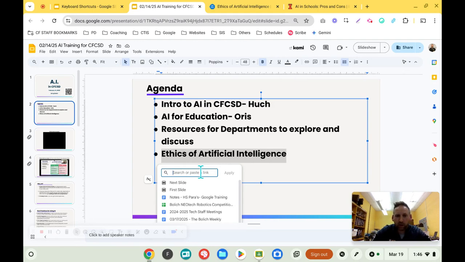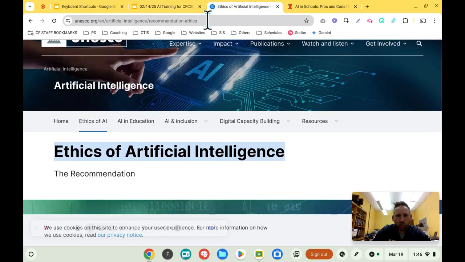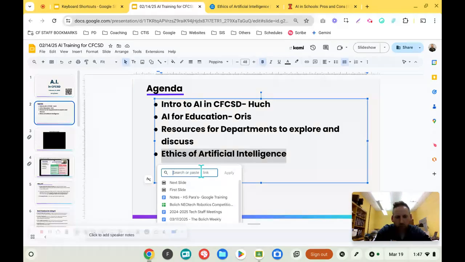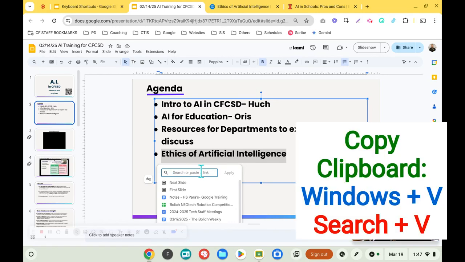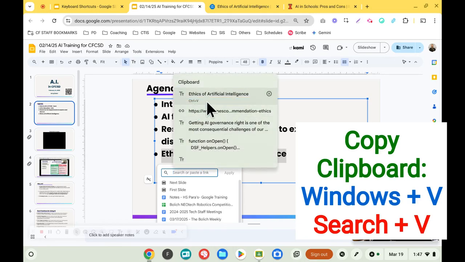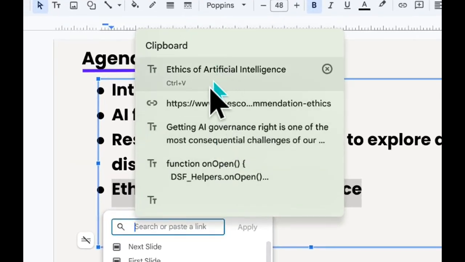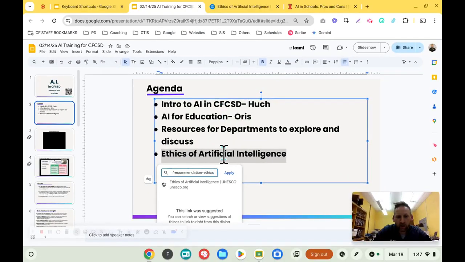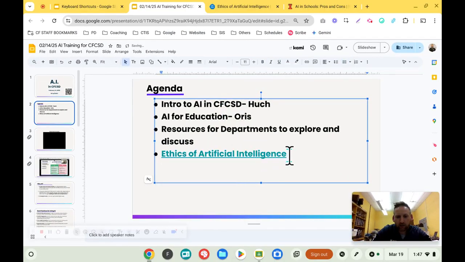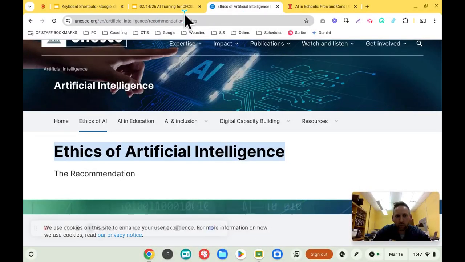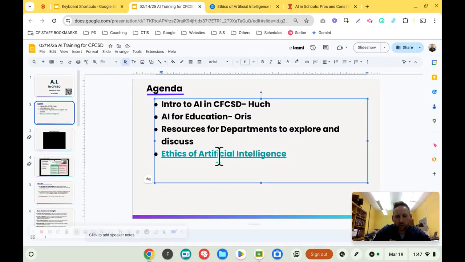So remember, when I was back to that article, I actually copied the web address, then the title. Well, if I use Windows V on a Windows laptop, or on a Chromebook, I'm going to use Search V, I bring up what's actually called my copy clipboard. And notice here I have the last 5 things that I've copied, and right here is that web address. So I can just click on that and hit apply, and now basically I saved a little bit of time. I was able to copy a title and a web address and bring those over and paste those one after